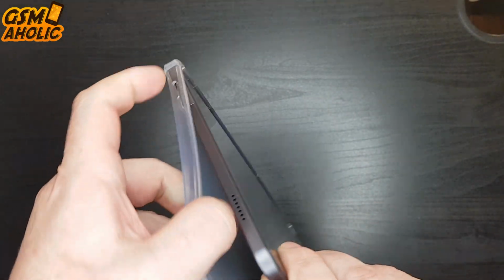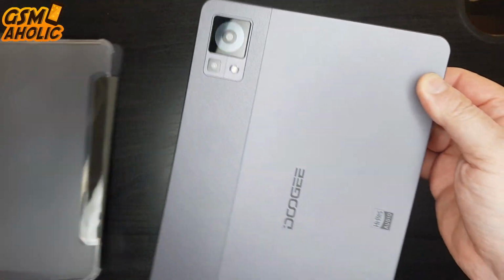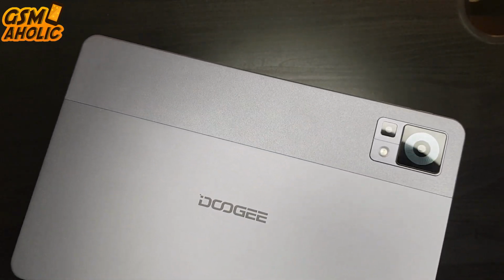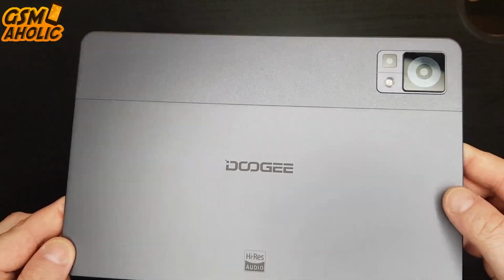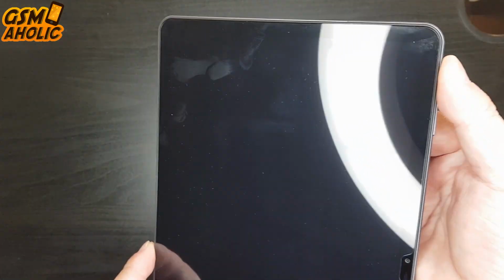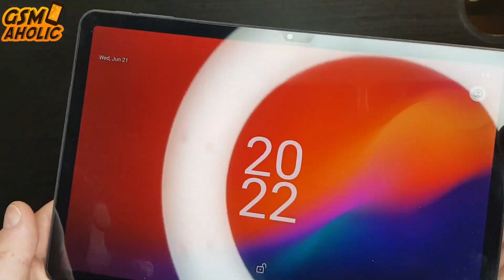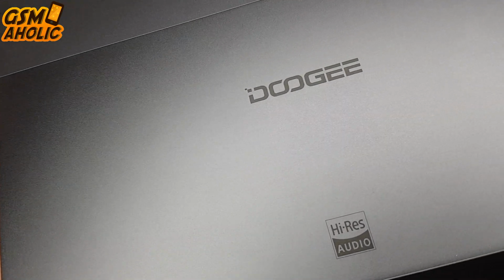The Doogee T30 Pro boasts an impressive 11-inch 2.5K massive display and offers a brightness of 350 nits. It's equipped with 8GB of RAM and an additional 7GB of virtual RAM, totaling a fast and responsive 15GB. With 256GB of storage, expandable up to 1TB using a microSD card, this tablet provides ample space for all your files. It features the latest and fastest 4G chipset available, the MediaTek Helio G99, and comes preloaded with the latest